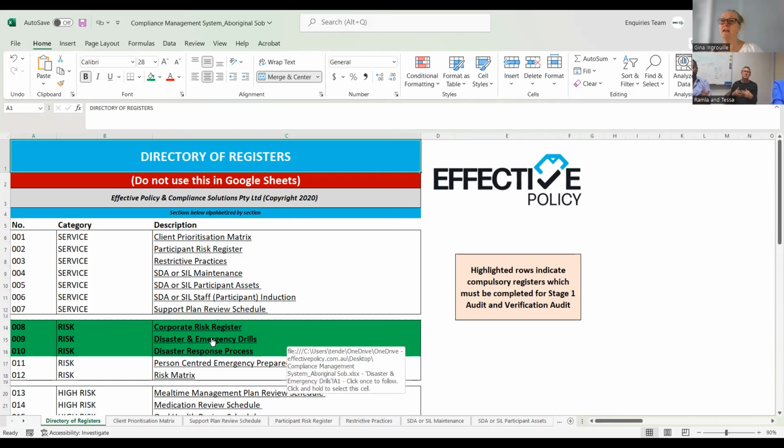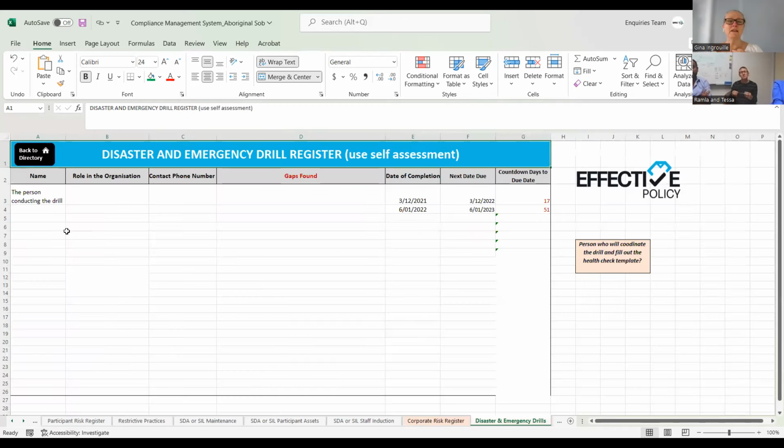So there's a policy, there's a plan, and there's some forms that support you for that. The disaster and emergency drill is really a helicopter view of who's going to be doing the drills, what are the gaps found, and when was it completed, when is our next one due? Makes sense? So it's that